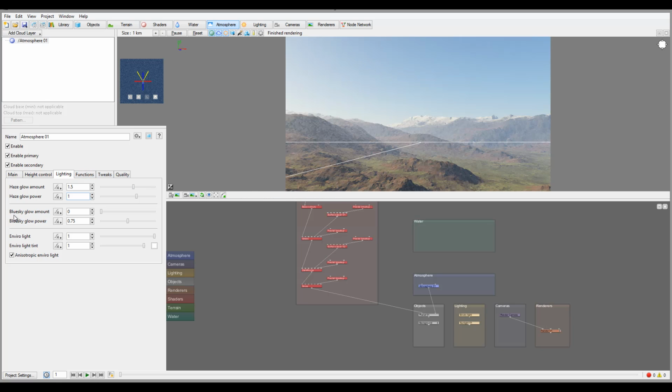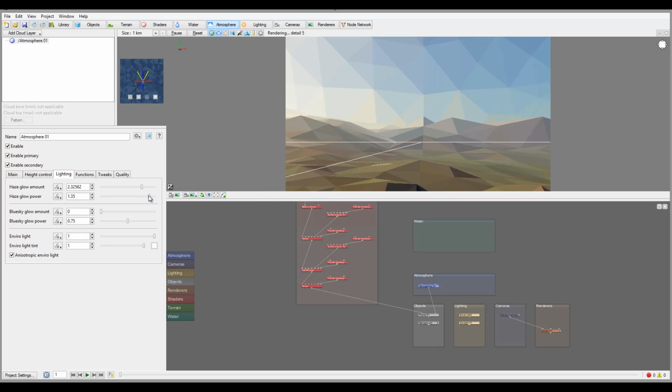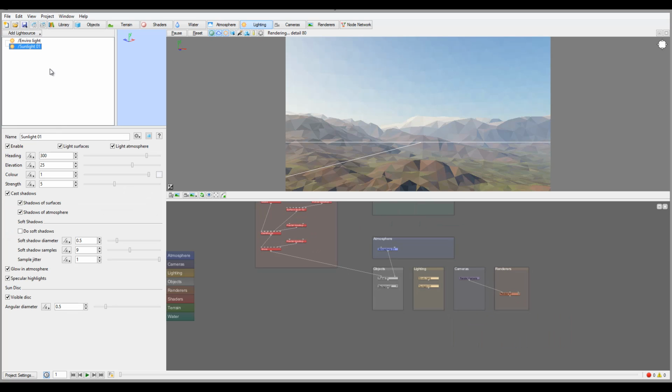So if we take the sun and place it, the haze glow will go out from the sun by some amount, and the glowing amount is how it's distributed. So we can increase the glowing from the point a little bit more, but because I want to bring the sun closer to this area, it will have an effect. Okay, on this one, let's go to the light, sunlight,